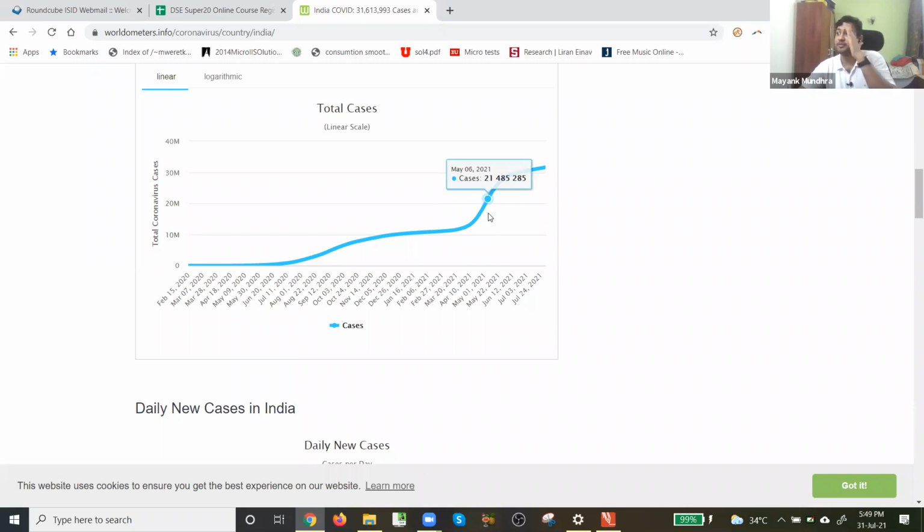So the f prime is not increasing anymore. What is f prime of cases? If this is the total cases, f prime is the rate of change of total cases, that is daily new cases. So an inflection point is reached when instead of increasing, f prime starts reducing. So the new cases are now lower than previous day's new cases. So you know that once you've reached an inflection point, then cases will start dipping